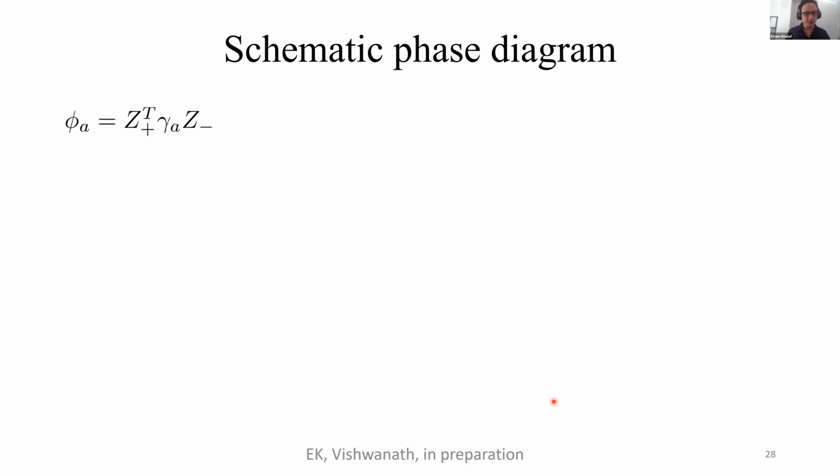First, let me define this new field that is V transpose Z, and gamma A denotes some generator of the SU4 group that I will take to be in the antisymmetric representation. This turns out to be the one that is actually favored by the antiferromagnetic coupling. So we'll consider this as an independent field that can be independently condensed.